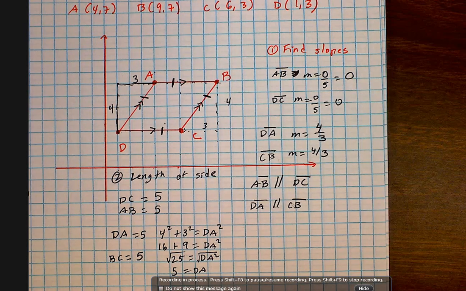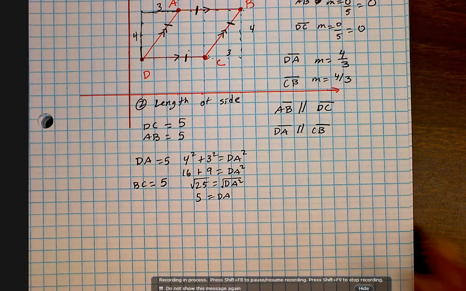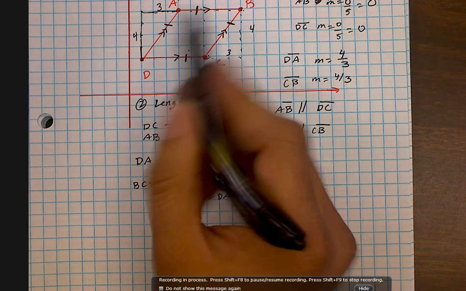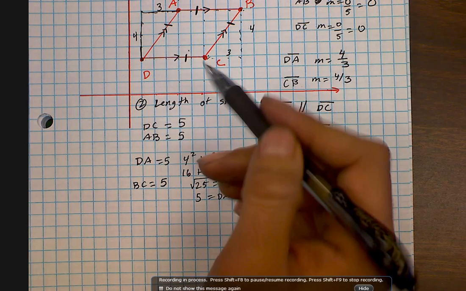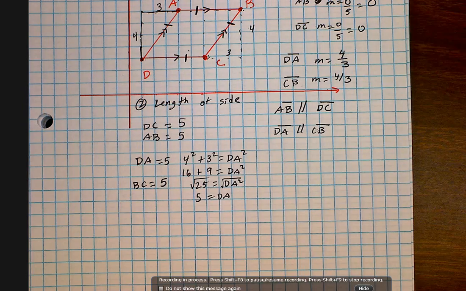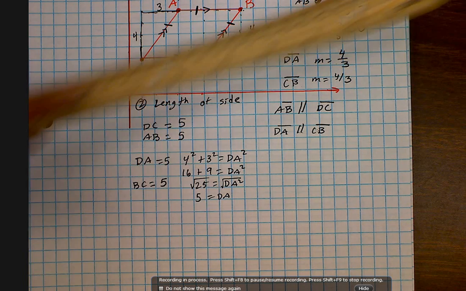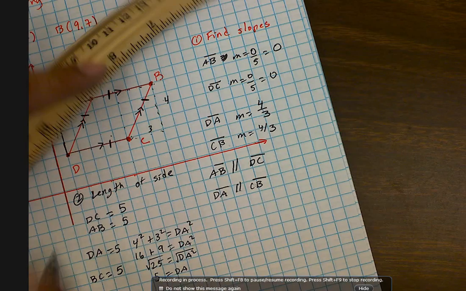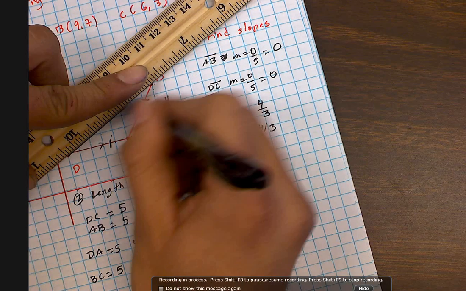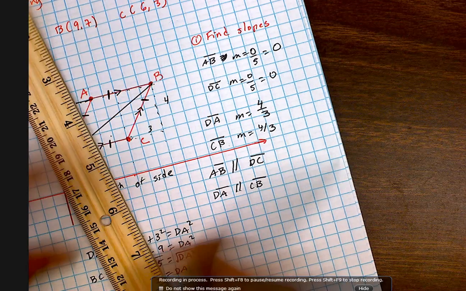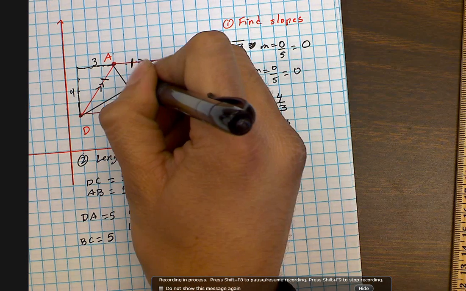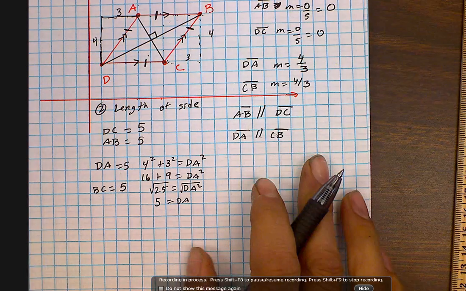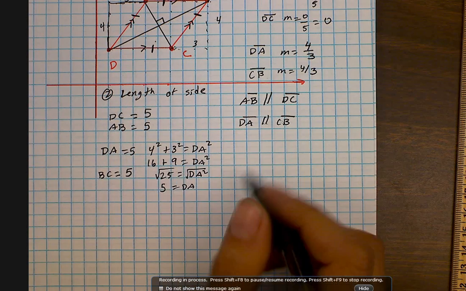Okay, so based on that, since all the sides are congruent, it's going to be a rhombus. Now, another thing that you can do is look at the diagonals. So you draw your diagonals in here, and if they make a right angle, you know for sure it's going to be a rhombus. And in fact, they actually make a right angle. You can prove that by finding the slope. So all you have to do is say that quadrilateral